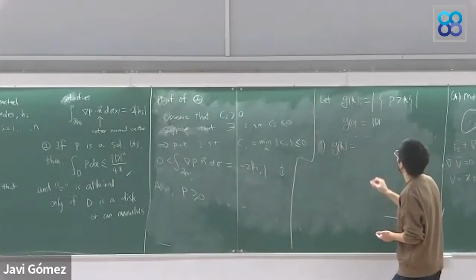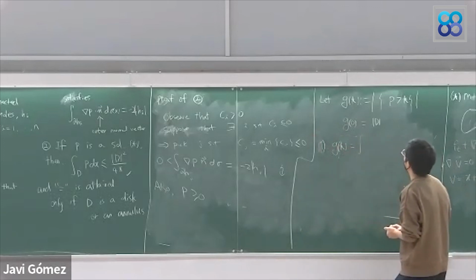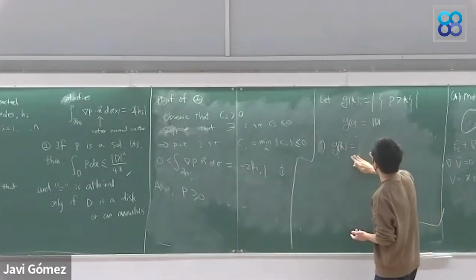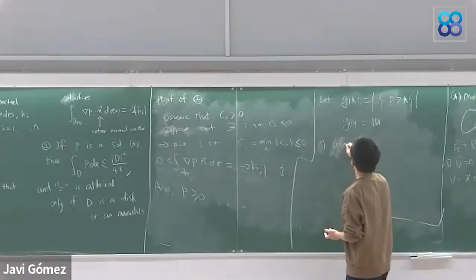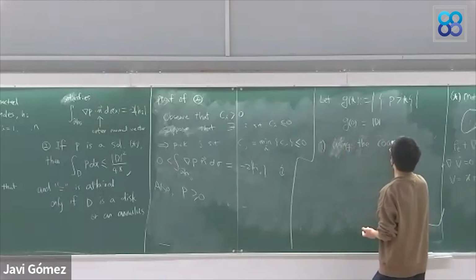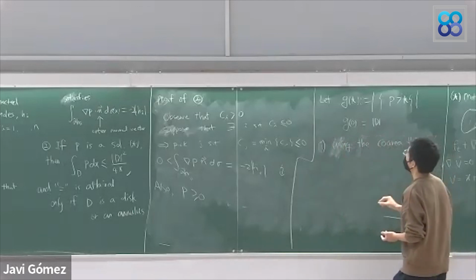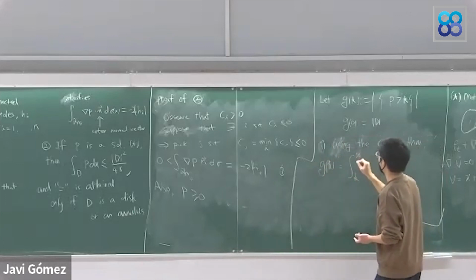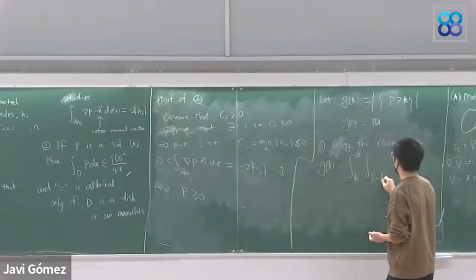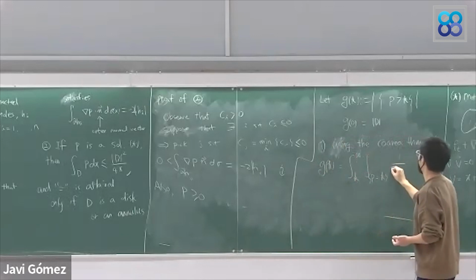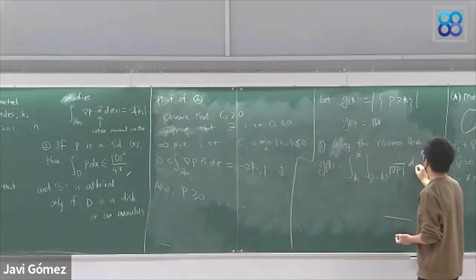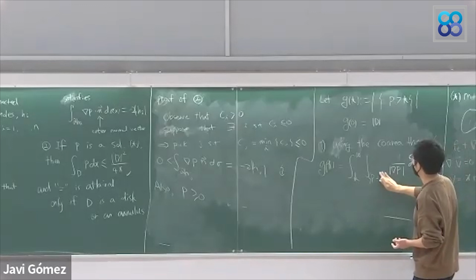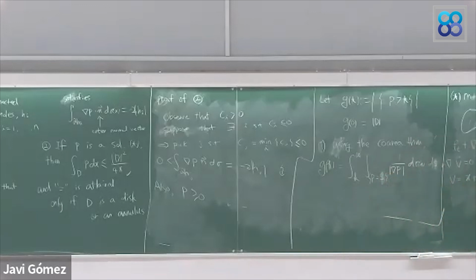can be written as the integral, using the coarea formula here, integral from K to infinity of the integral over the level set of 1 over gradient of P, d sigma ds. So this is just